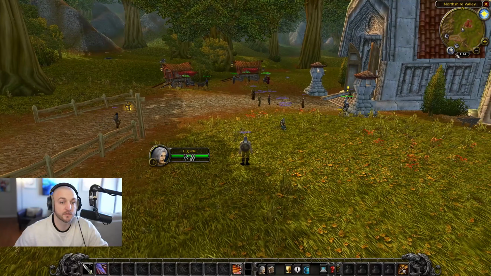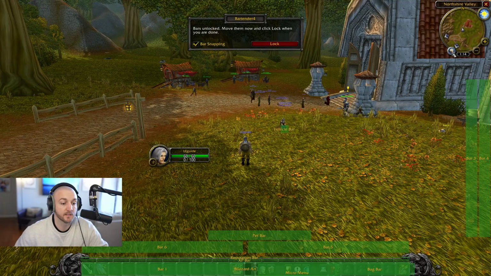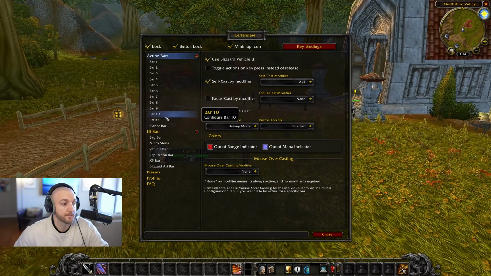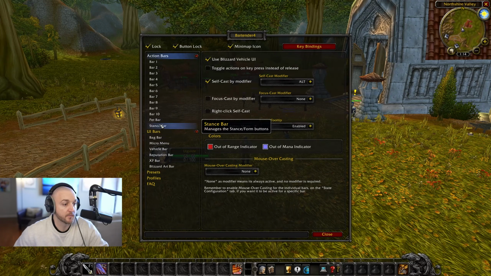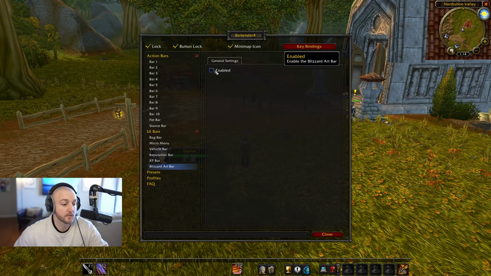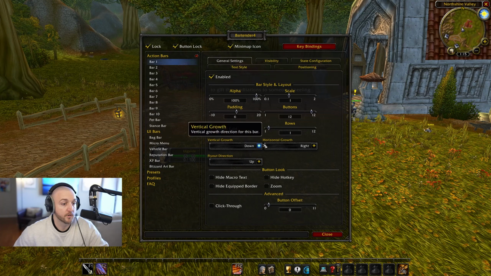Okay, so Bartender, you'll get a little icon right here on your minimap, and you can click that and it will immediately show all of your bars. One thing that I want to do first is right click on this add-on, and I want to hide my Blizzard art bar. So we get rid of that,